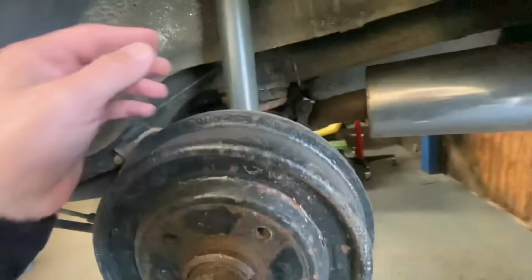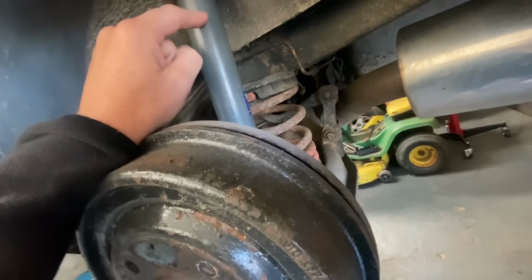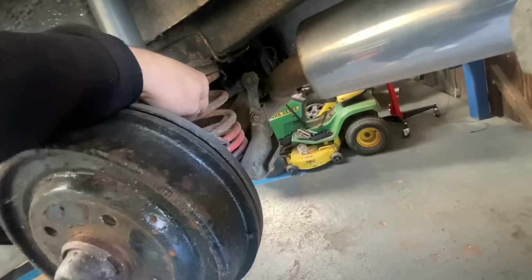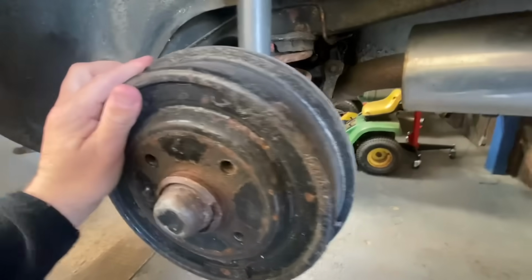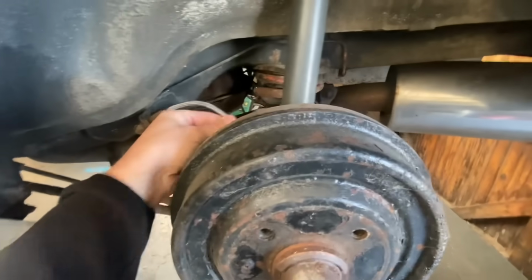Again, on the back, oh, it has got new shocks on the back already, so we've obviously got a couple of extras. I would like to swap those springs out. We know that they are lowering springs. We don't really want that on there. And I bought rear wheel cylinders for it as well. It has already got upgraded